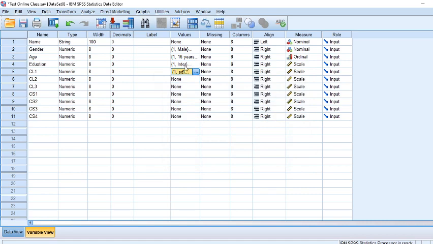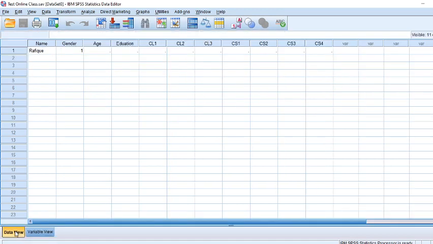Now I'll select. Look, if it is not yellow, if I click here it is not yellow, but if I click here and then press the up arrow key, then it is selected. Then I'll copy with Control C, then down arrow, then shift, then down arrow to select all, and then paste. I created only one and pasted the same range of scale for the rest of the scales. So I have created this complete questionnaire. Now I need to enter the data.